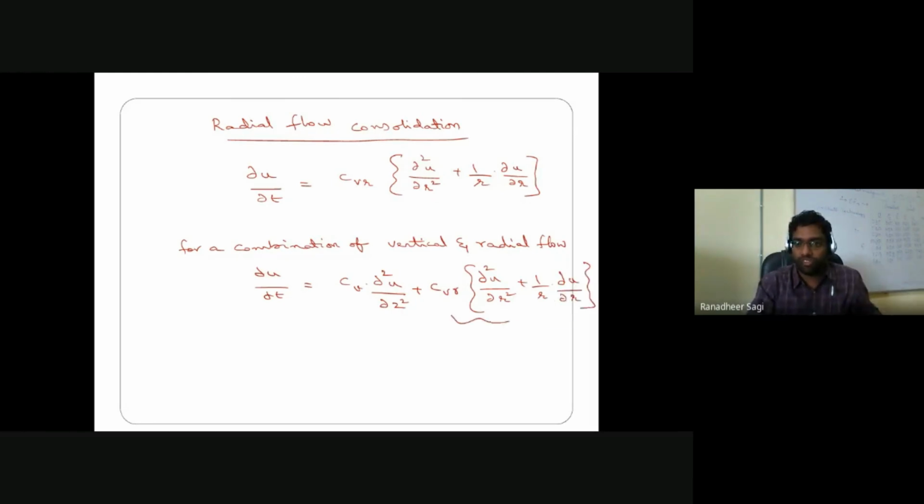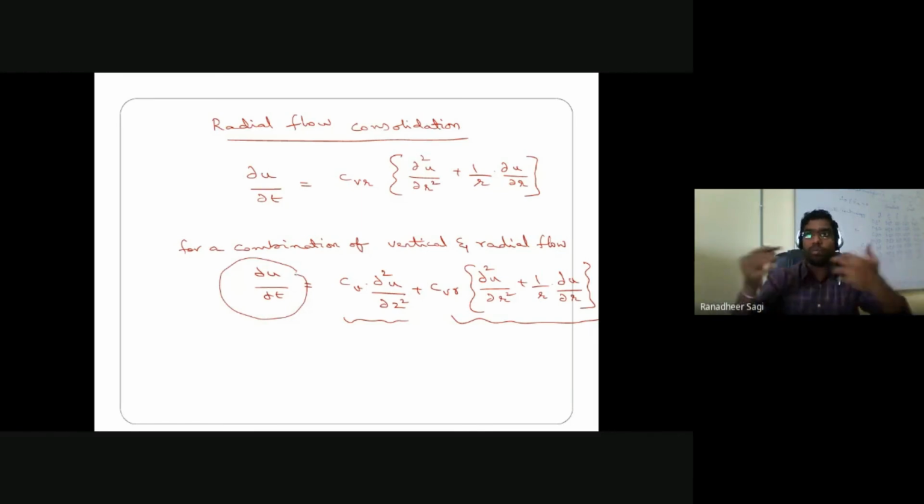Because of the effect of radial directional flow, you have some amount of consolidation happening. Because of the flow happening in the vertical direction, either vertical upward or vertical downward, or both, you have some more amount of consolidation happening. So ultimately the rate at which excess pore water pressure dissipation is taking place in your soil sample is relatively very, very fast, and that's how the process of consolidation gets completed in your soil.